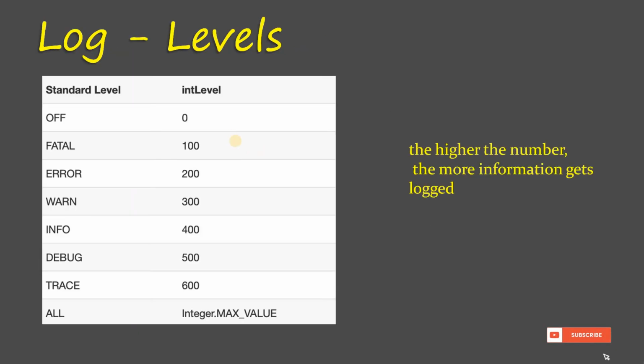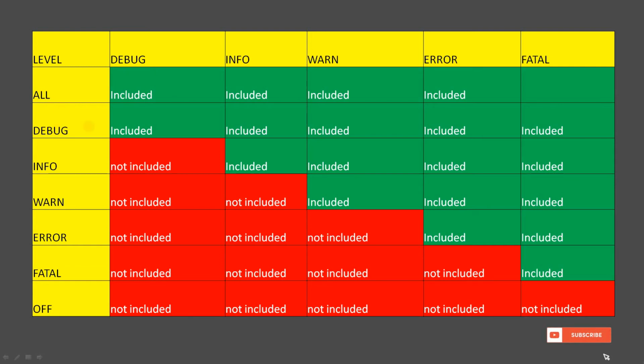Now guys, next is log levels. Log4j provides different logging levels, and we use them to filter out the information. For example, if you just want to capture the error message only, then you use log level error. If you want to capture everything, then you use the debug level. You see here the levels 100, 200, 300, 400. If you use debug level, which is 500, it will capture debug, info, warn, error and fatal messages, as you can see in the table. If you set the level to warn, then it will capture warning logs, error and fatal.